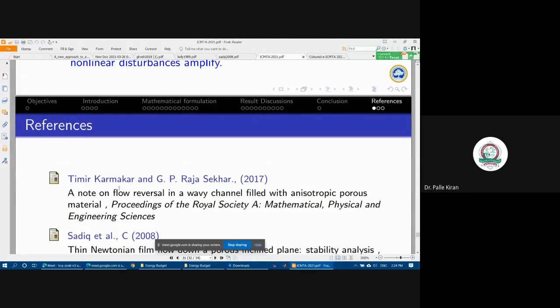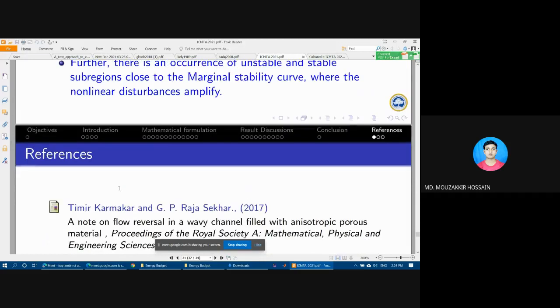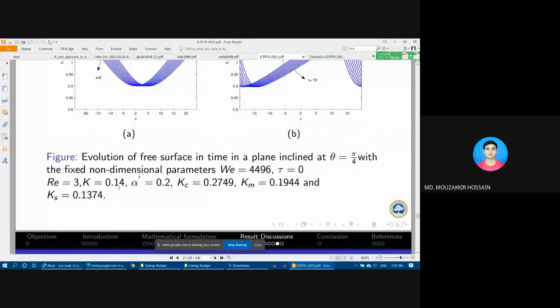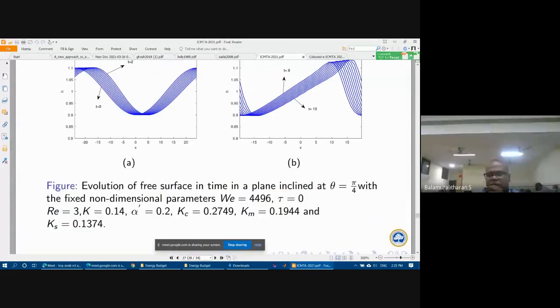You said weakly non-linear and non-linear, two concepts, and you are explaining non-linear. So what is the difference? Sir, the difference is that most people do linear stability. No, I don't want linear. Difference between weakly non-linear and non-linear. Sir, weakly non-linear means epsilon. The difference is we have to find the properties of the fluid, that means stability of the fluid inside the range, delta range. Delta is very small, sir.